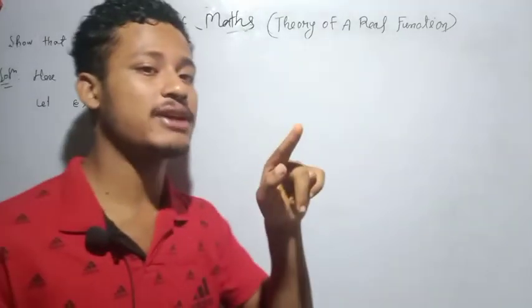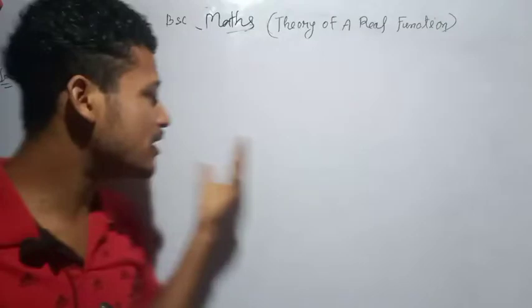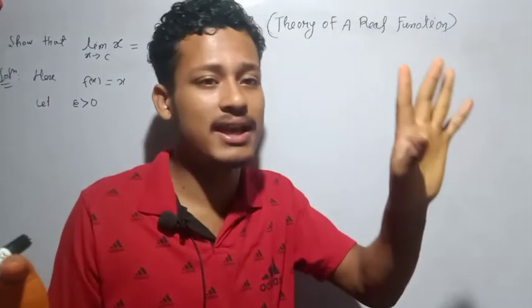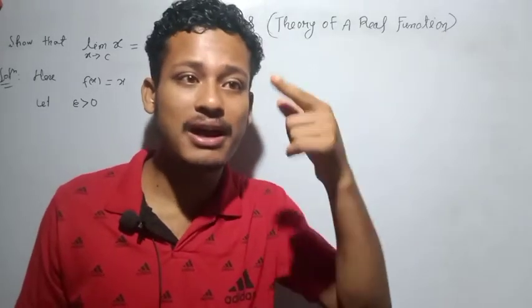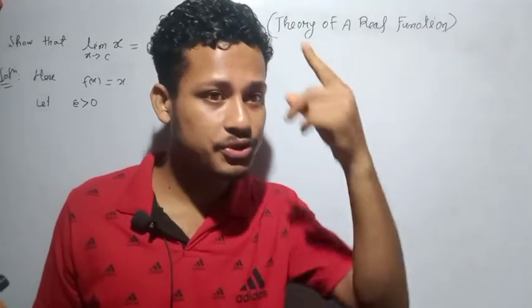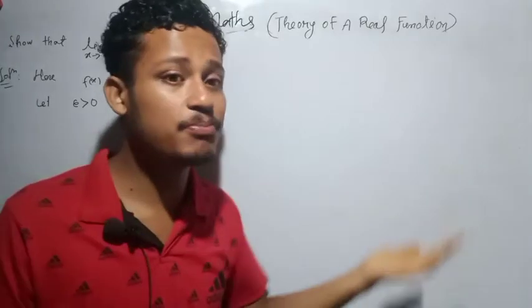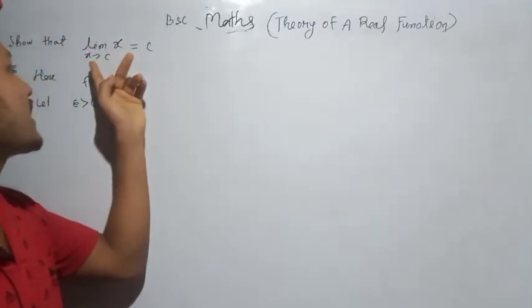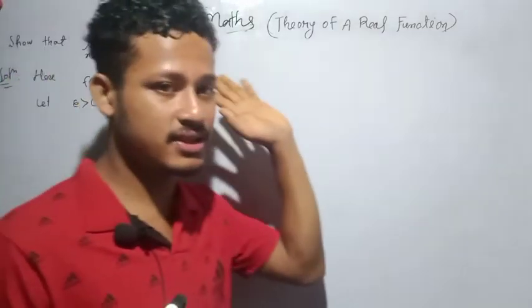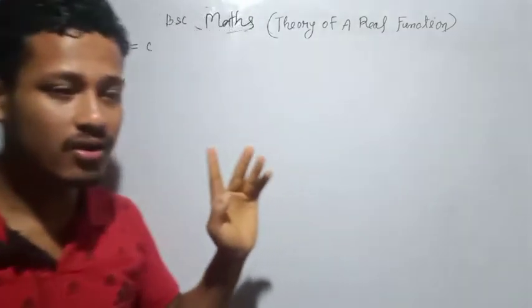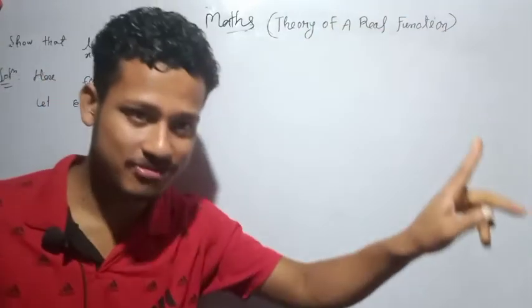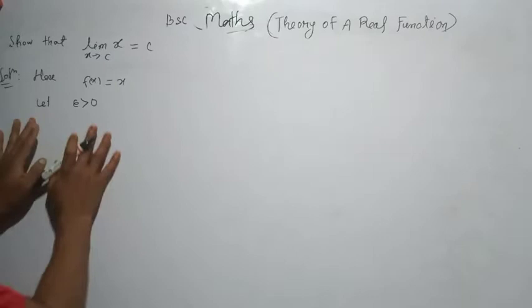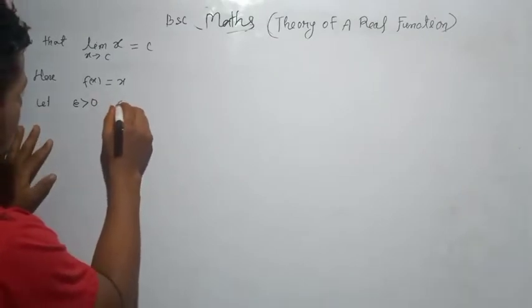तभी आपको इस प्रॉब्लम का सॉल्यूशन समझ में आएगा। हम क्या करने जा रहे हैं, अभी हम एक एप्सिलॉन ग्रेटर देन 0 लेंगे which is arbitrary, because we have learned in lecture number 1, 2, 3 what is limit point, what is limit, and how to solve the limit of this function x at x equal to c is c. So first watch my previous videos and then come to this video. Okay, let epsilon greater than 0 be